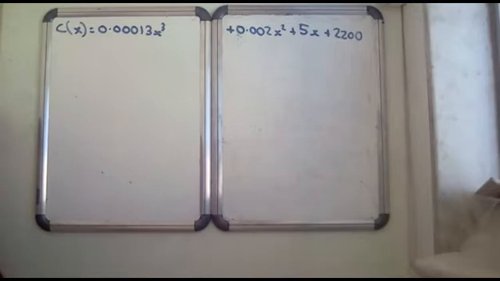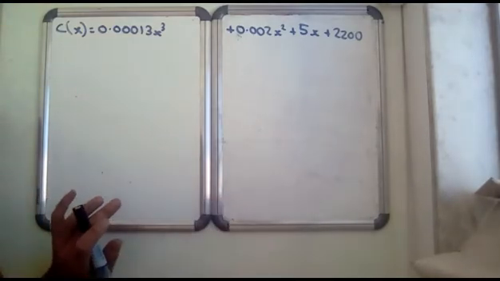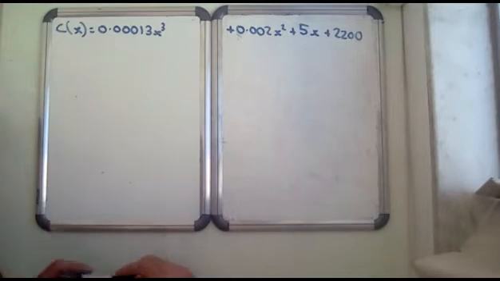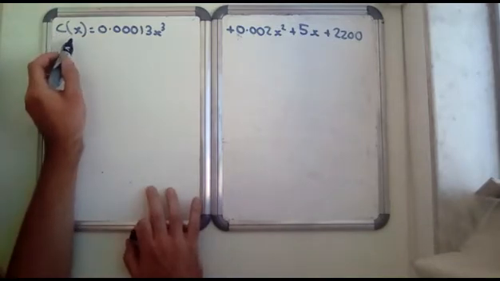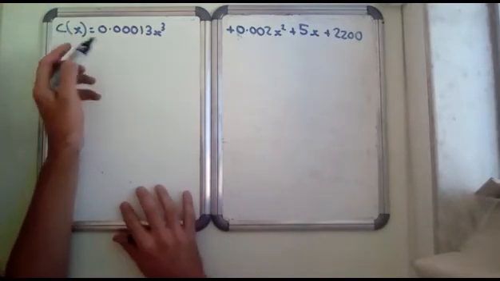Okay, here we've got its cost function. So this is an economics problem. I'm certainly not an expert, but I'll give it a go. The cost in dollars of producing X items in a factory each day is given by C(x), so the cost as a function of x, the number of items, equals